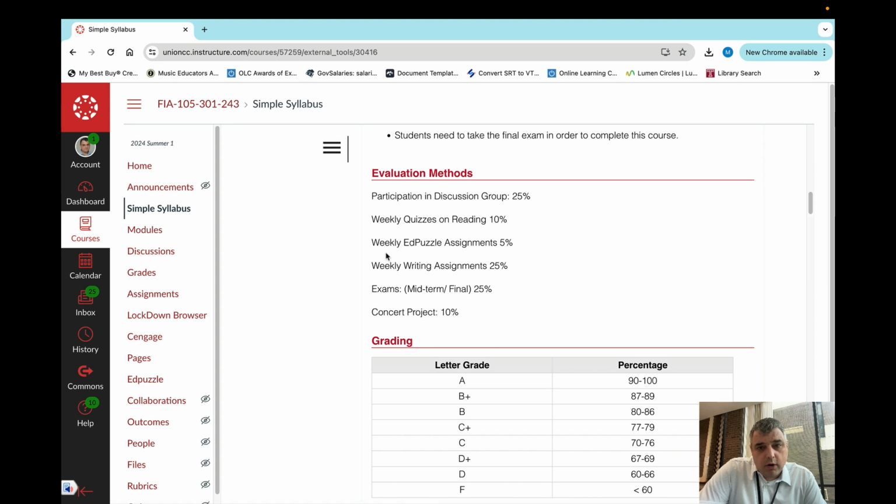So we have another part of this, and this is the part that students actually really enjoy and students really do well. So we'll have weekly Ed Puzzle assignments. And some of you may be familiar with Ed Puzzle, some of you not.